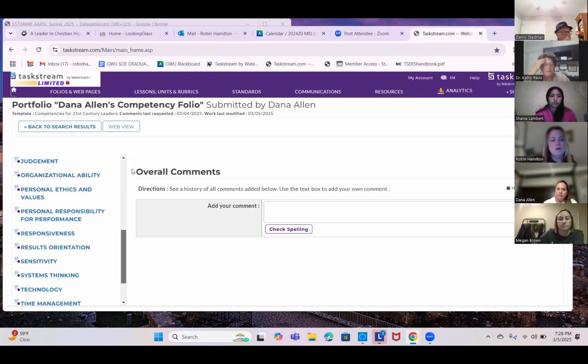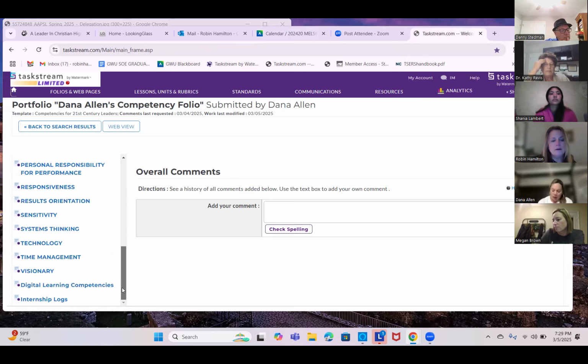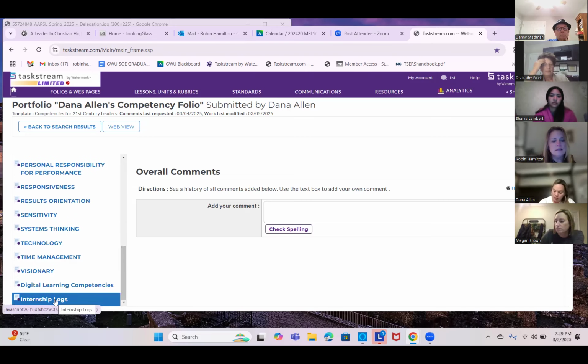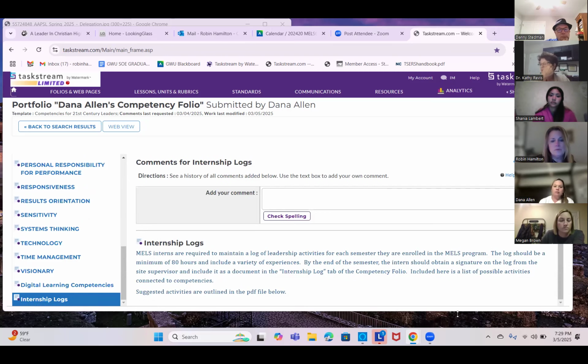You're going to scroll, when you go to Taskstream, you're going to go to Folios and Web Pages to your Competency Folio. You're going to scroll all the way down, and underneath the 21 competencies, you are going to see a link right here that says Internship Logs. So you'll go right there to Internship Logs. You will upload your first 100 hours there, and then you'll label that Spring 2025 midpoint or midterm internship log.